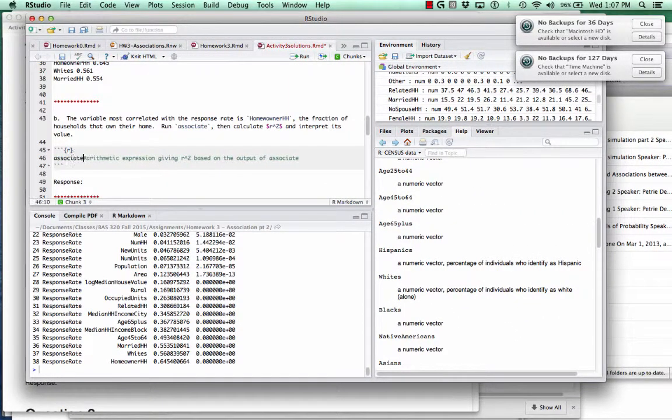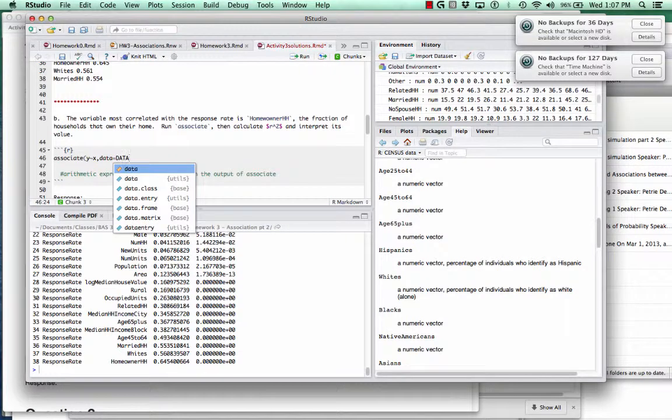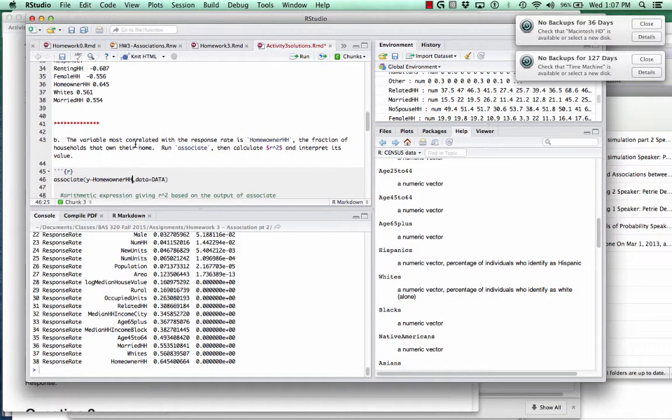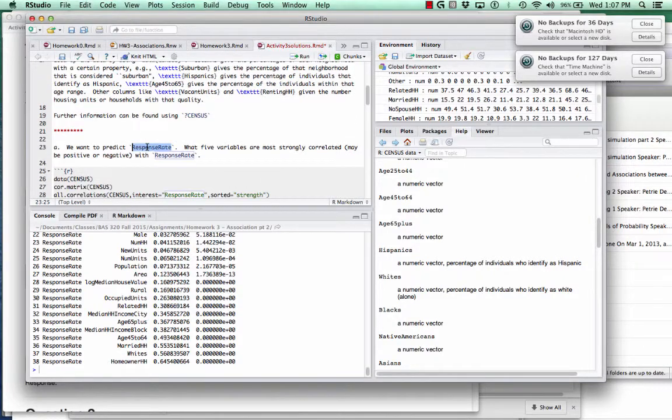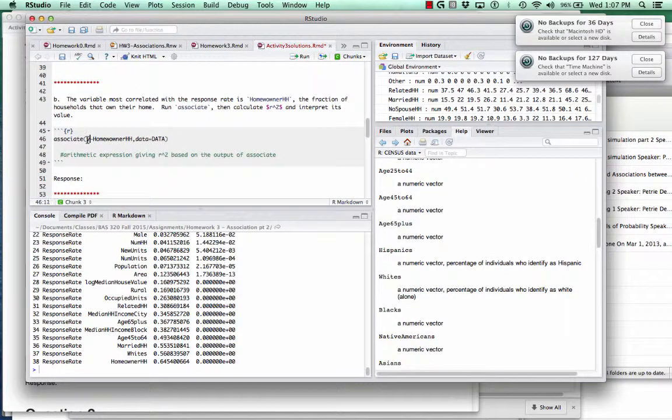So the associate command works like it has been working. Basically the syntax is associate y twiddle x, data equals name of the data frame, and I just need to replace x and y with how they're assigned. So in this case I'm trying to predict the response rate, so my x variable, what I use to make that prediction, is homeowner household, and I'm trying to predict response rate, so I'm just going to copy and paste. And the data frame that I'm looking in is called census,